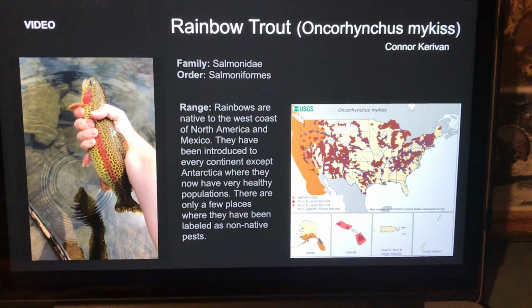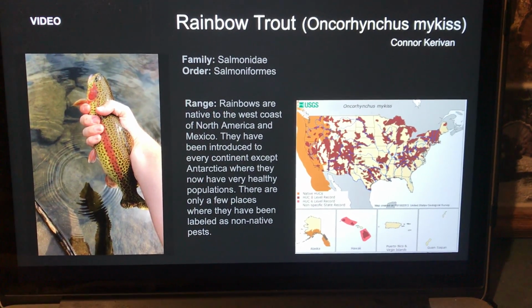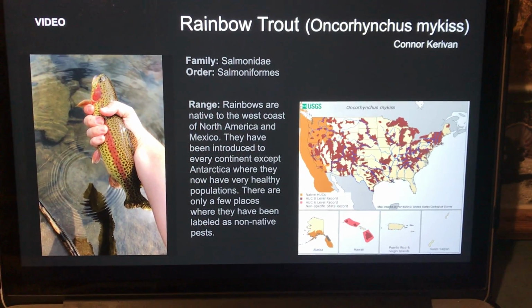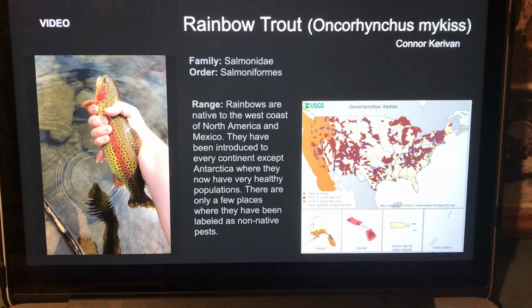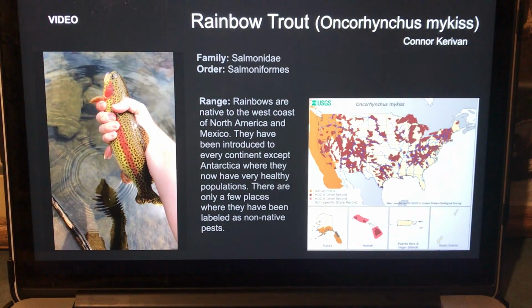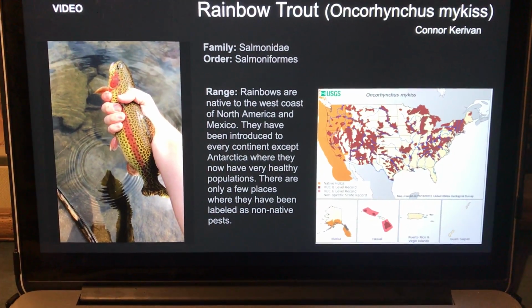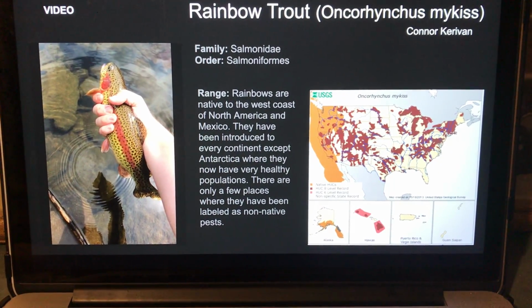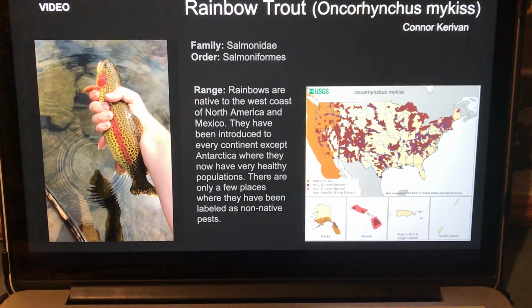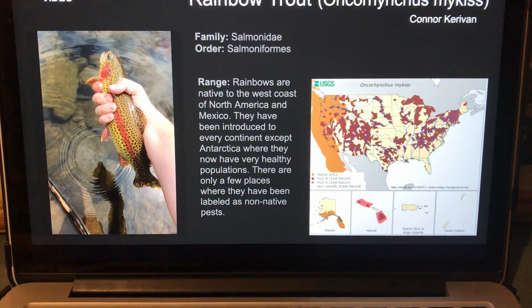So for my presentation, I chose to do the rainbow trout, Oncorhynchus mykiss, the family Salmonidae, order Salmoniformes. Their range, they're native to the west coast of North America and Mexico, west of the Rocky Mountains, and they've